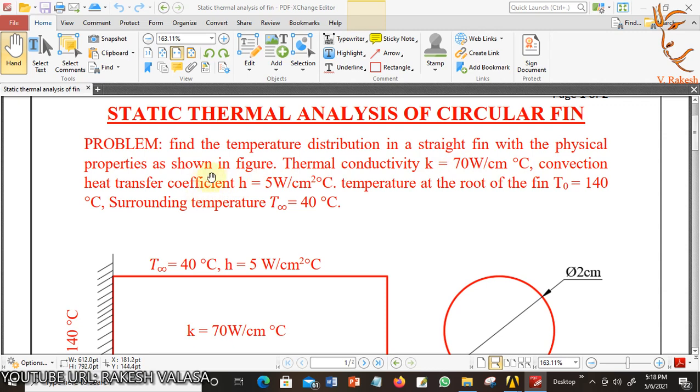Convection heat transfer coefficient H equal to 5 watt per centimeter square degree centigrade. Temperature at the root of the fin T naught equal to 140 degree centigrade. Surrounding temperature T infinity equal to 40 degree centigrade.